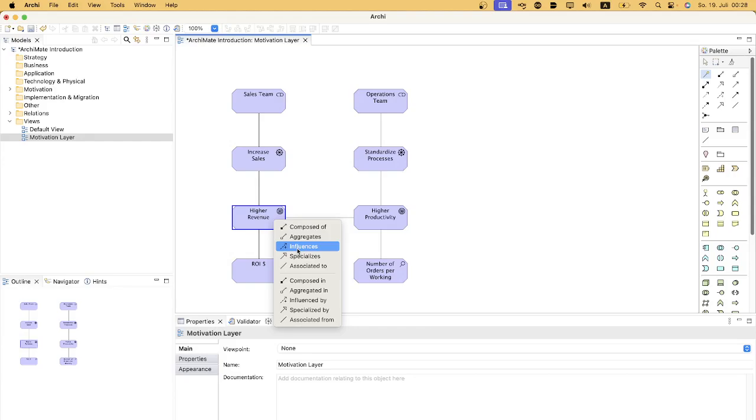we definitely contribute positively to this outcome or goal. Of course, when you look at the diagram now, you think perhaps we should have chosen better names for our drivers. So perhaps increased sales could be